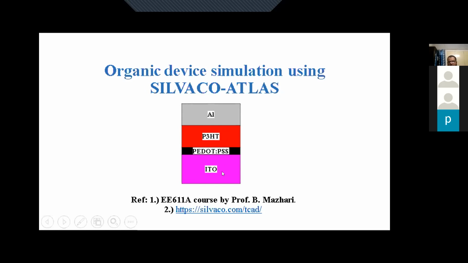And in the labs, we usually fabricate it above an ITO coated glass substrate. And for a very good matching of the work function and all that, after that we coat PEDOT:PSS, and then we have the coating of P3HT solution. There are a sequence of processes. And then finally, we have another contact, the top contact, which is usually a metallic contact like aluminum. So this is what we fabricate in the lab, a very basic device. But we also want to emulate this structure in simulation using Silvaco. So we are going to do it next and see how we can do it in Silvaco software.